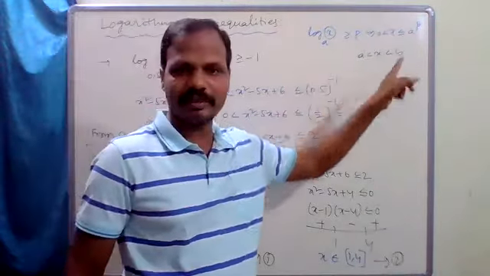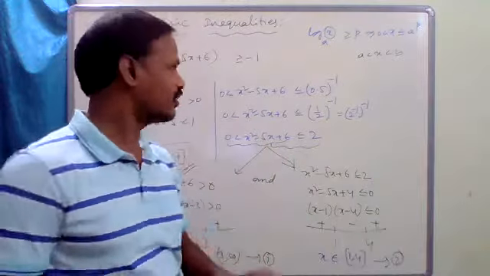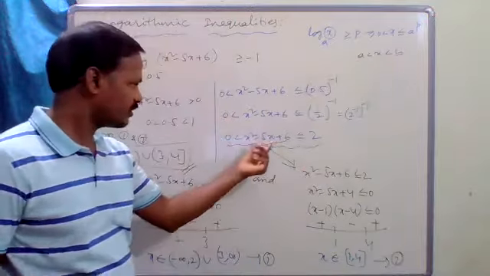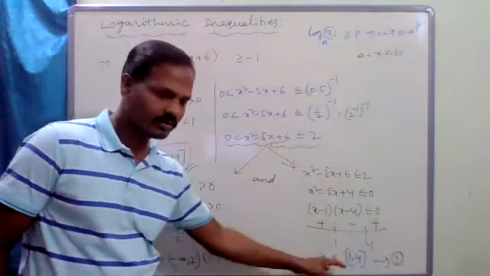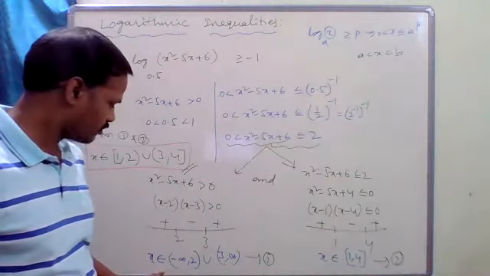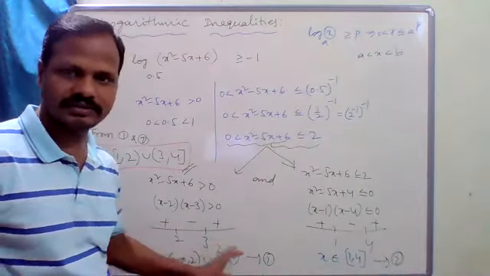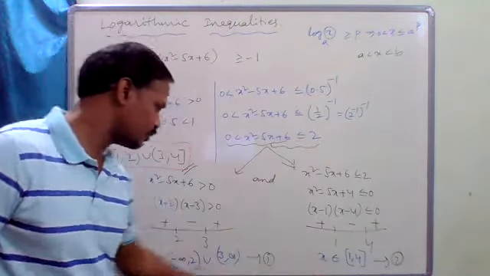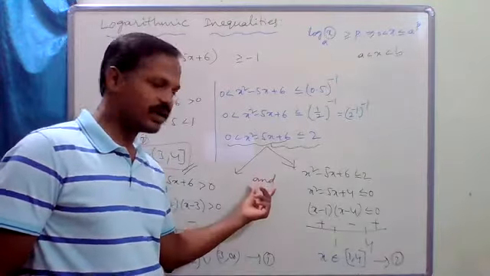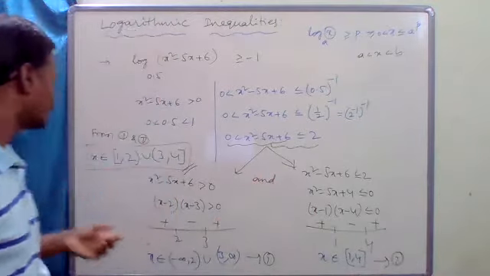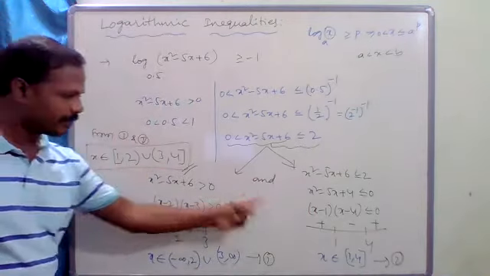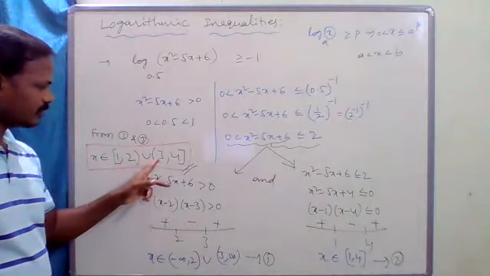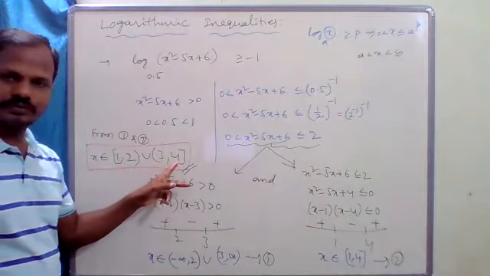A less than x less than b means x lies between a and b. So x greater than a and x less than b. So this greater than 0 and this. Now we got two solutions for this and this. Now you have to apply the intersection of these two, 1 and 2, because we are using and. So therefore from 1 and 2, by applying the intersection of these two, you are getting closed 1, 2 union, open 3, closed 4.